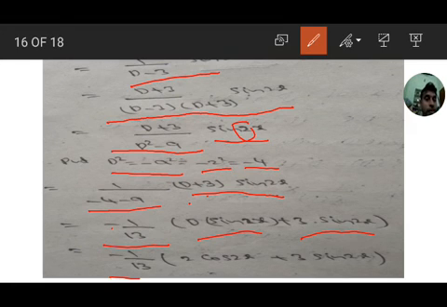Here multiplication means D of sin 2x and 3 into sin 2x. So minus 1 by 13, derivative of sin 2x is cos 2x into 2, that is 2 cos 2x, and 3 sin 2x is as it is. Therefore minus 1 by 13 (2 cos 2x + 3 sin 2x) is the answer.